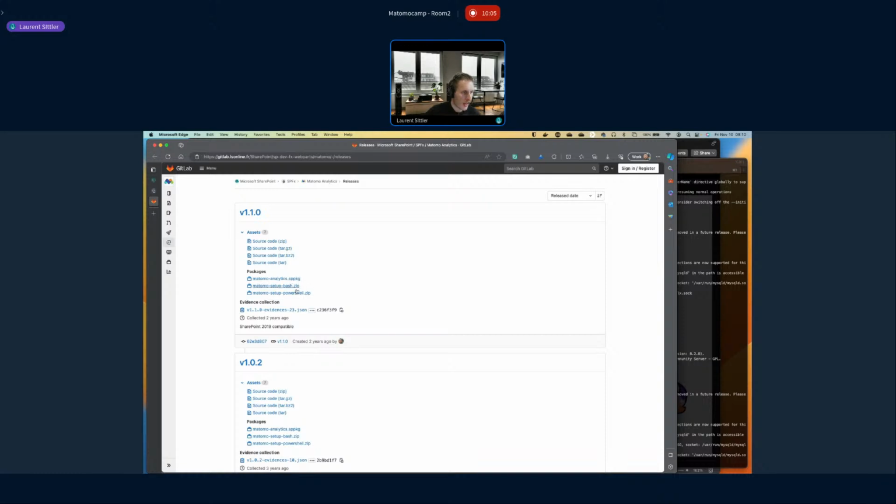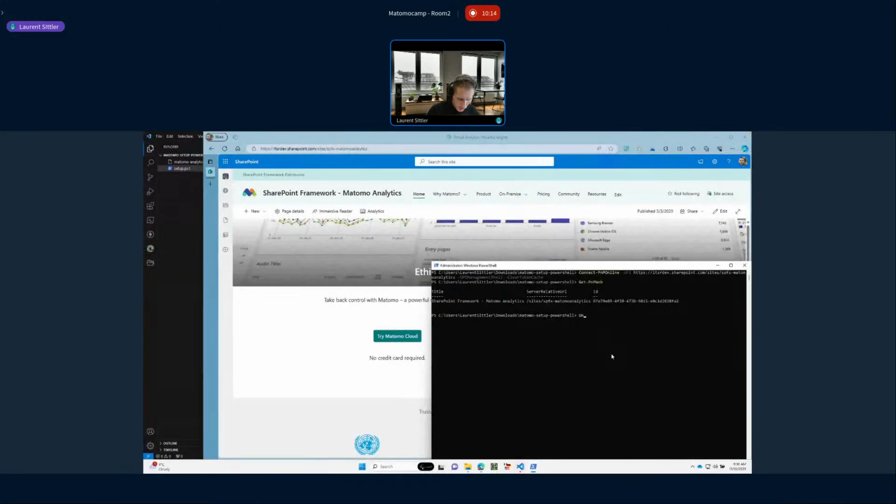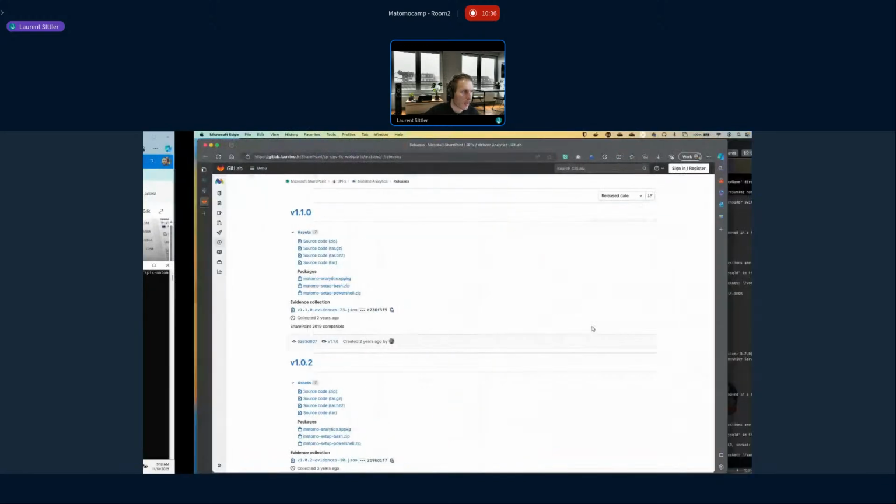And if you click on the PowerShell archive zip file, you just unblock it thanks to the command here. You use Unblock-File, and you just have to specify your package. On my side, that should be something like Matomo and the archive zip. If you do this, you will be able to extract all files from the archive and execute the code. If you don't do this, you will have an error.